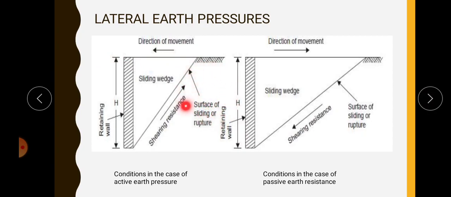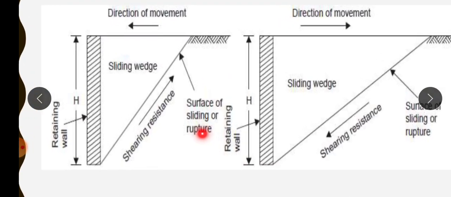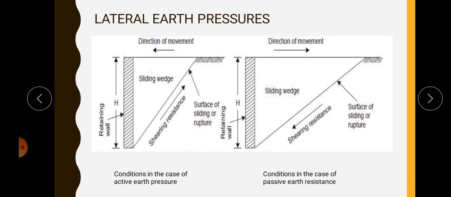So there is expansion of the soil mass here, so there is a decrease in mobilization of shearing resistance. So the earth pressure is decreasing, because the wall is moving away from the soil, so the soil may be able to expand. So the pressure on the wall decreases, that is, earth pressure decreases. So in the case of active earth pressure, the earth pressure is at its minimum value; the pressure is reducing.